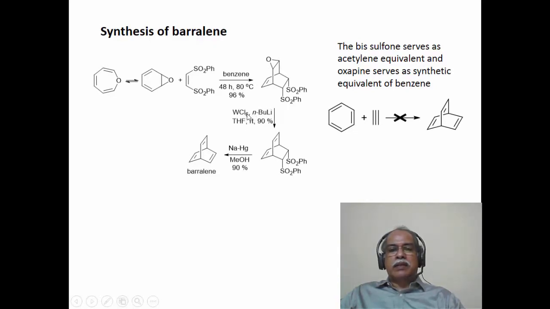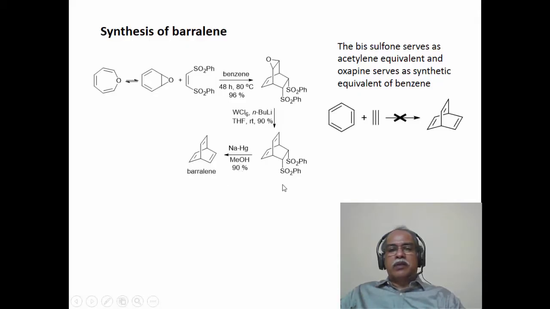So the low valent tungsten that is produced by the reaction between tungsten hexachloride and butyl lithium at low temperature essentially deoxygenates this epoxide to produce this olefin. Now all you have to do is the desulfonylation reaction, or the desulfonation reaction. This is best done by reductive cleavage of the carbon sulfur bond, using the sodium